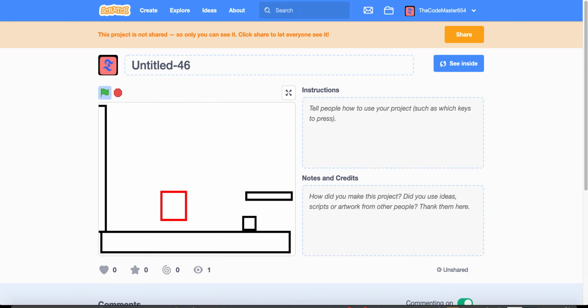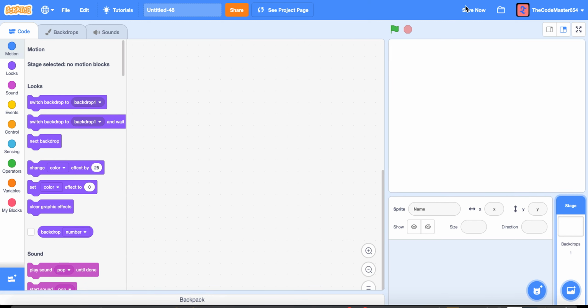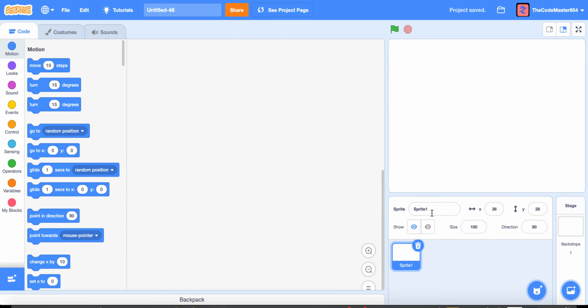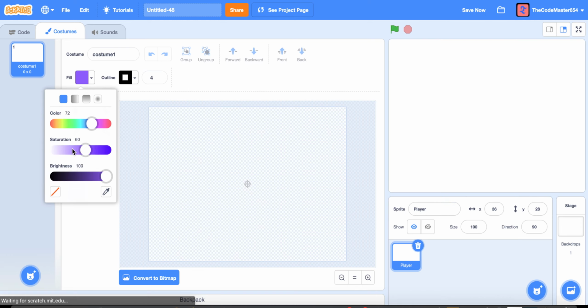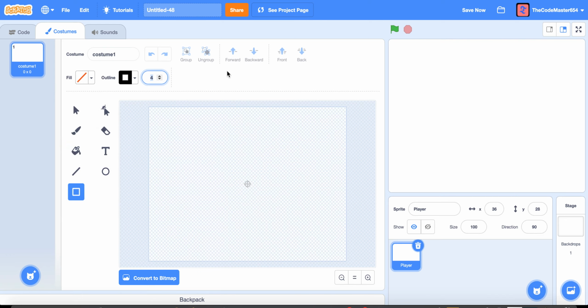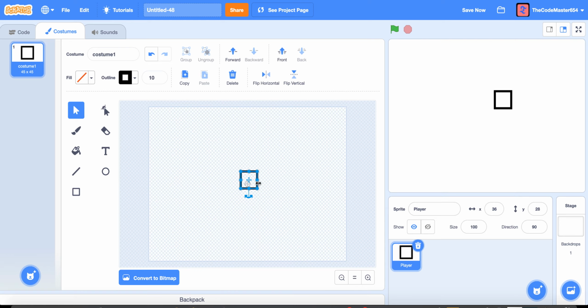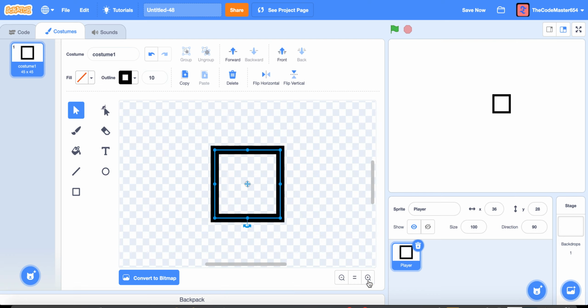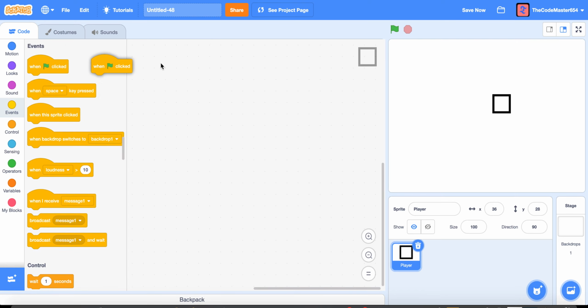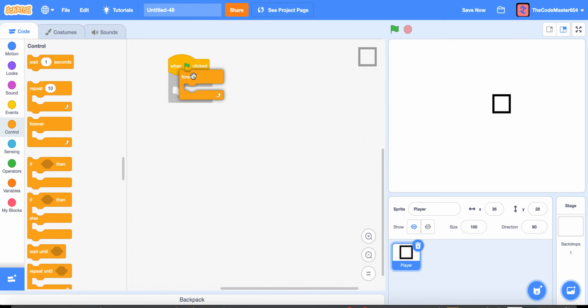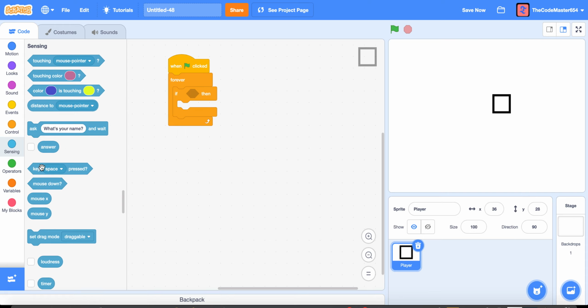Open a new project and make a new sprite called player. For this player sprite, I'm going to draw a simple cube or box like that, and make sure to center it so that little cross thing is in the circle. And now we want, when green flag is clicked, forever and if, and we also want